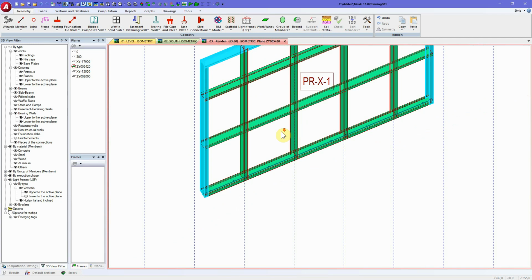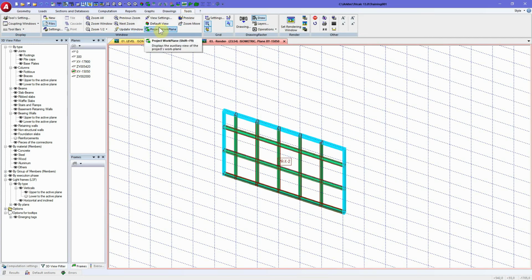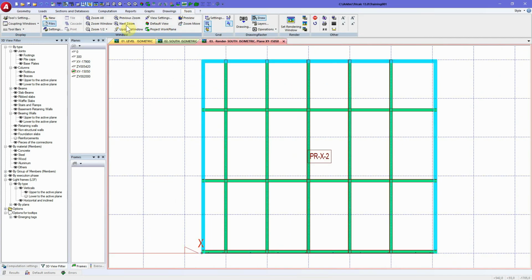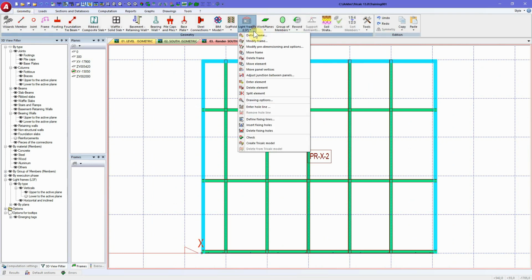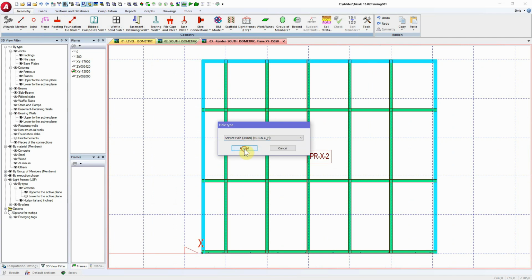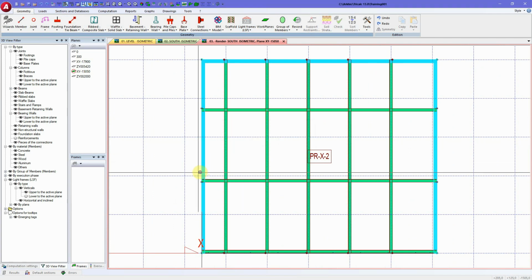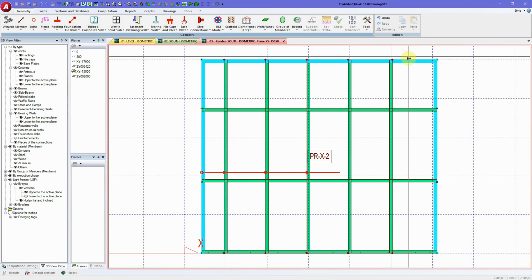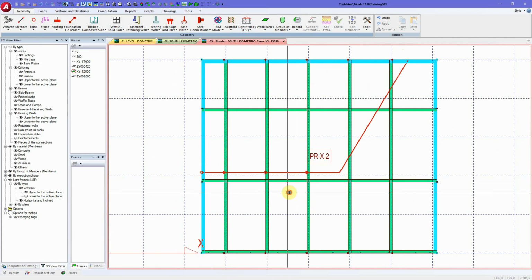Now, to create hole lines, I'm going to disable here this work plane. Let's say I want to create in this frame, I'm going to select here the work plane of this frame. And now I want to project this work plane. I want to create here lines. In the functions of light frames, you have here the possibility to enter hole lines. You can select the tool that you like to use, accept it, and now you can use as reference with the right mouse button any alignment given by your grid line here. I'm using the right mouse button to select points from the grid line, and I have here